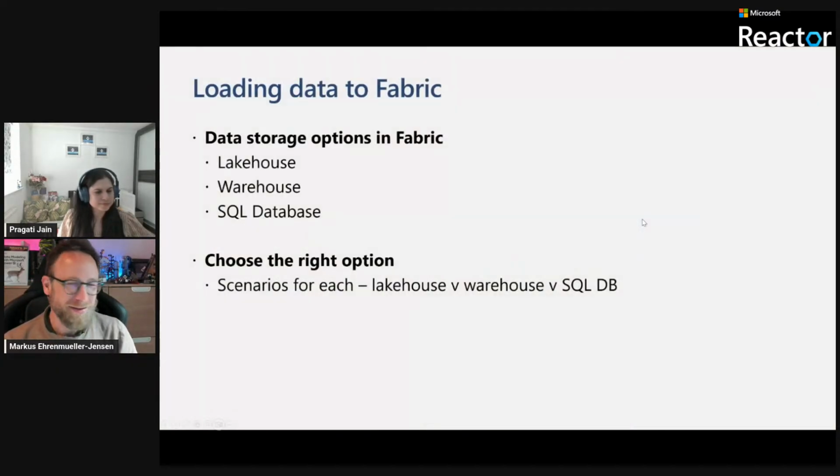Now let's spend some time to look at what ingest and transform batch data actually means. In Fabric, we have different options to store the data. We can have a lakehouse, we can store things in a warehouse, even a SQL database. And the cool thing with the storage options is that they are just the options for what your API looks like, so how you interact with the data.